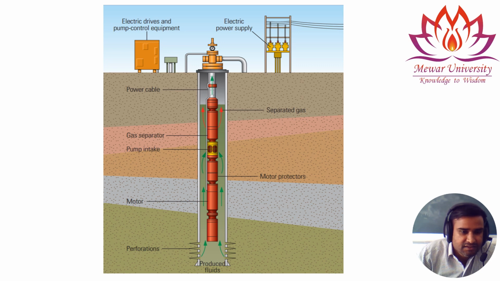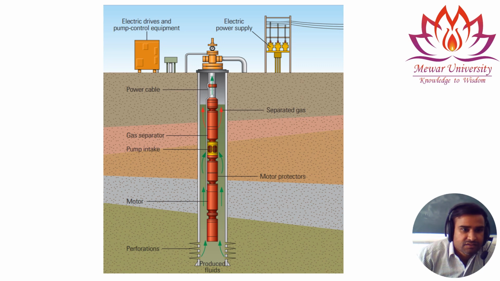We have made some holes or created some fractures so that the fluid can migrate into the wellbore, and this is a gas separator. So this fluid is moving, you can see, from the annulus and from the